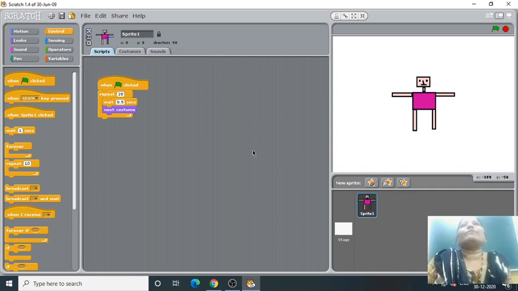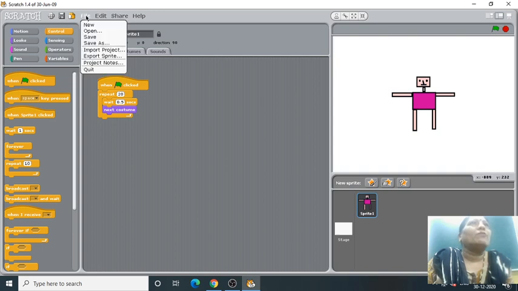Now you can save this program. For saving the program, students, just click on the file option. On the top of the screen there are 4 tabs: file, edit, share and help. Among those, the first tab, file, click on it. Just click on save as.